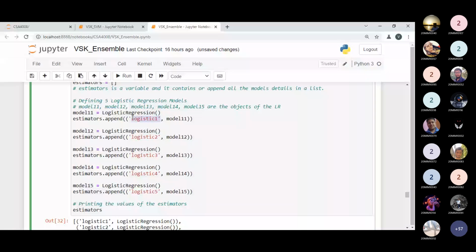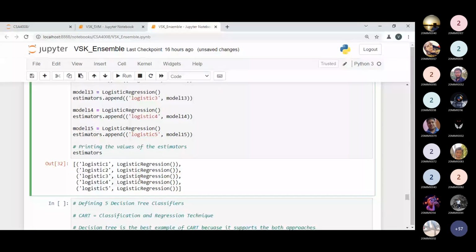A list item can have two parts: one is the value, that is the model object, and the other is its name. So we are giving the names logistic 1 to logistic 5, or LR1, LR2, LR3 if you want shorter names. It's your choice only. These 5 different objects are appended into our estimator, because the estimator was previously blank.